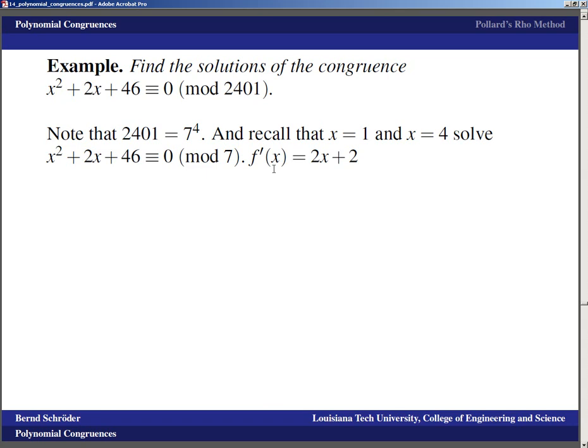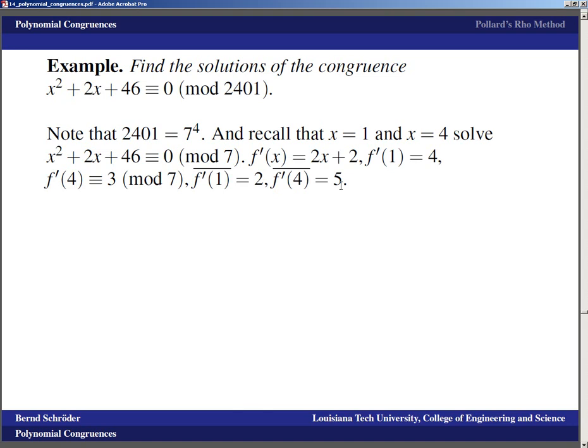Recall from calculus that f prime of x is 2x plus 2, and that means f prime of 1 is 4. Here, just plug it in. F prime of 4 ends up being 10, which is equivalent to 3 modulo 7. And that means the multiplicative inverse of f prime of 1 is 2, because 2 times 4 is 8, which is 1 modulo 7. The multiplicative inverse of 4 is 2